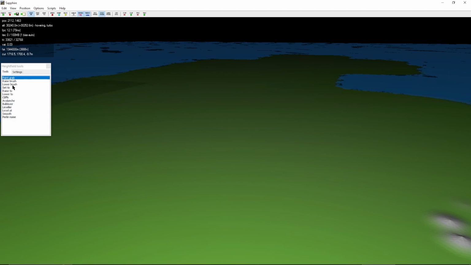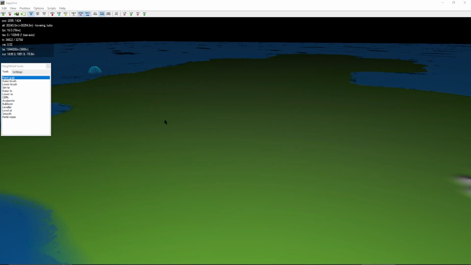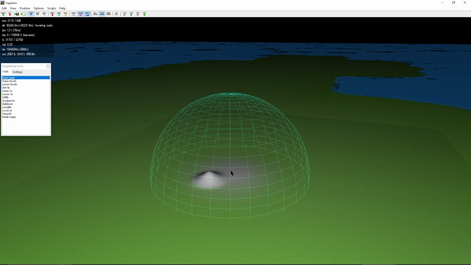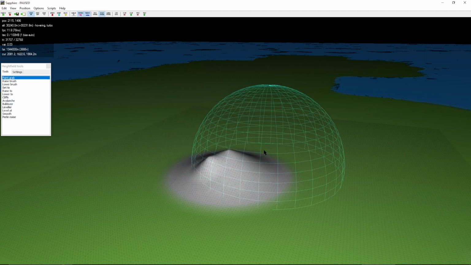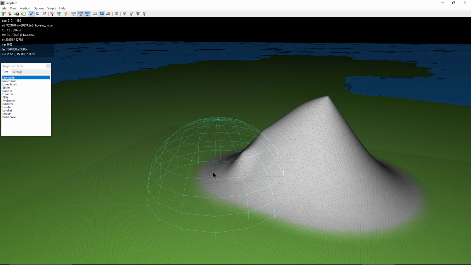Height field tools. We have the point and grab, number one. Your scroll wheel will adjust your radius. Like I said, for movement, WASD. I guess if you spam them, they'll yell at you. When you click and move your mouse up, you will be able to point and grab and pull terrain up, as you can see. If you move your mouse down, it will go down. The wider this is, the more the radius of the brush will grab, and you'll see that adjust. So if you're doing a mountain and you want to trail it off a little bit,